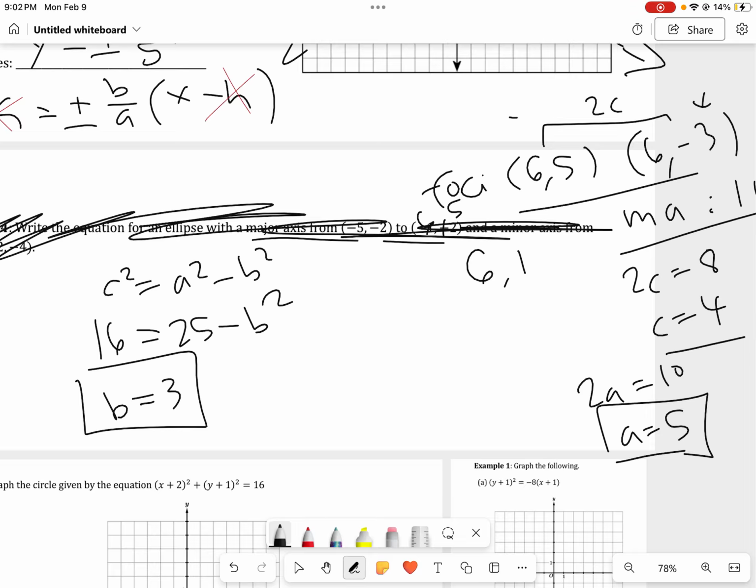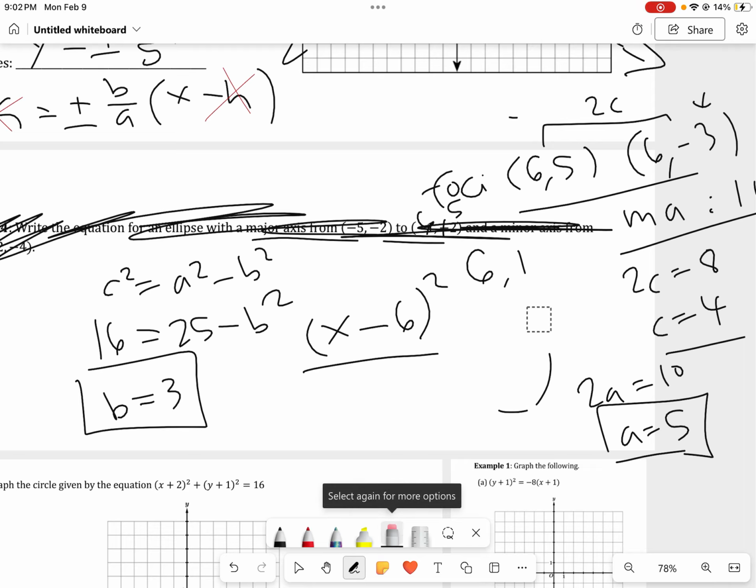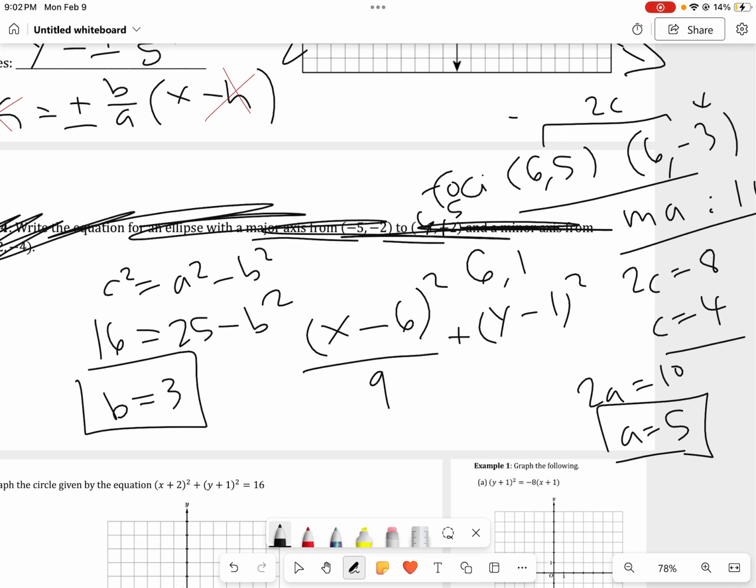So it's going to be x minus h, so x minus 6, squared. Since the major axis was the long one, and it was vertical, that means the a value is going to be with the y instead of the x. So we know our a value is 5, square that. But the b value is going to be with the x, so b squared is going to be 9. We do our plus y minus 1 squared